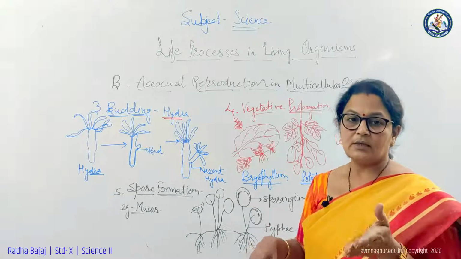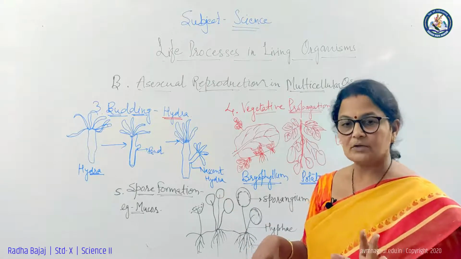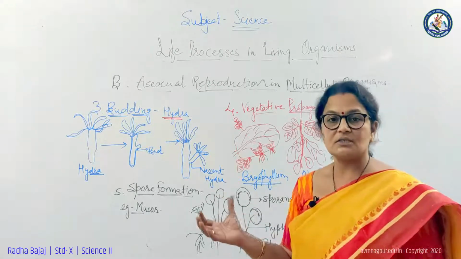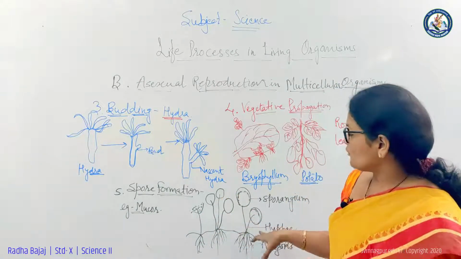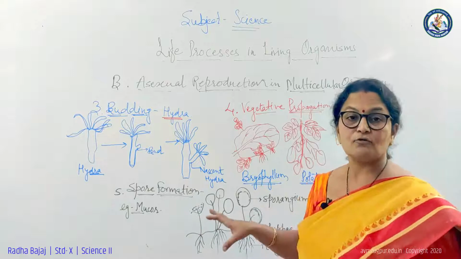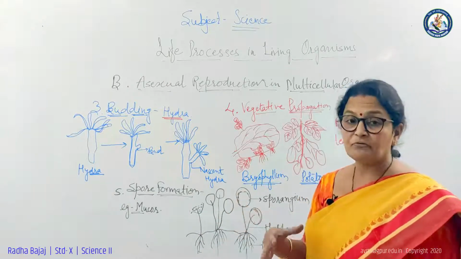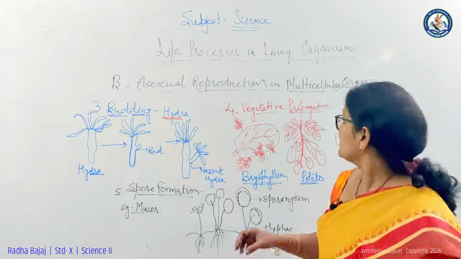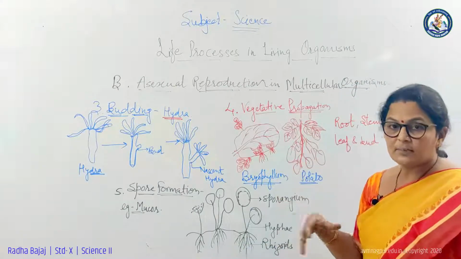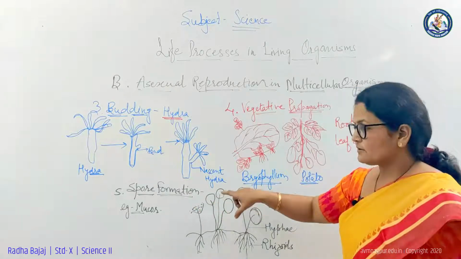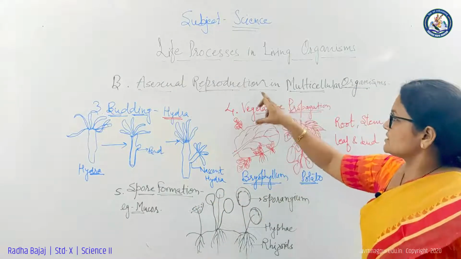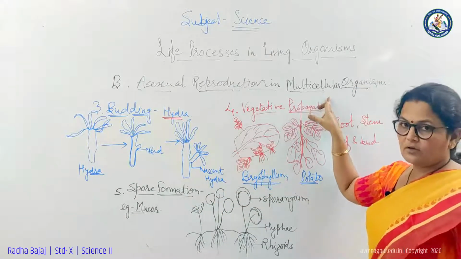That means in one day we see a little black part on the bread or roti, and if we look on the second or third day, the roti or bread becomes completely black, because there is a formation of a colony-like structure from the spores. They develop very fast in favorable conditions. That means they reproduce. So this last type is called spore formation. This is the last method of asexual reproduction in multicellular organisms.